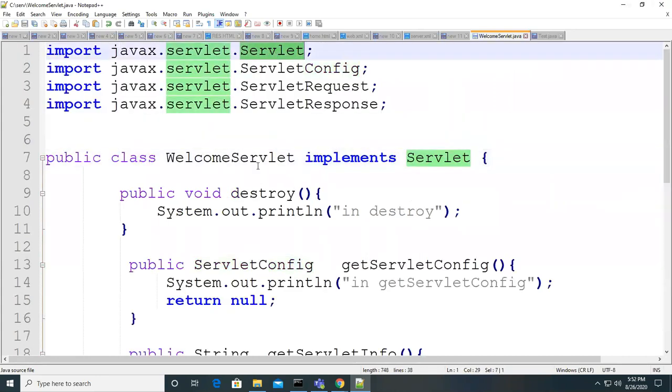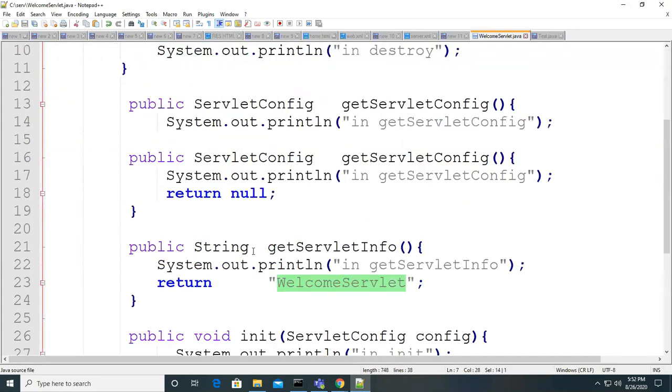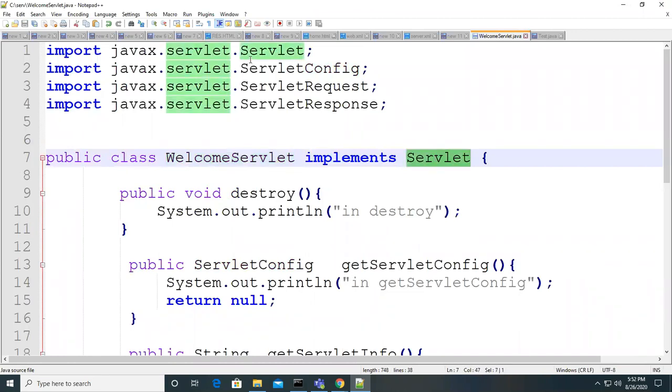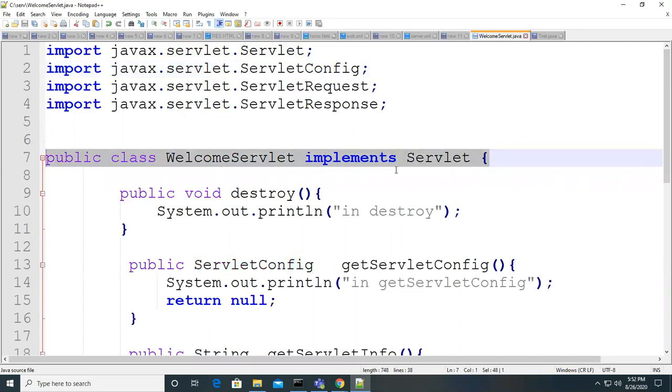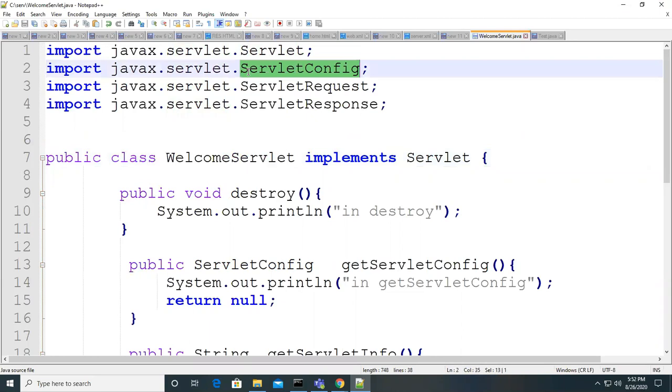So you know only the class which is implementing the Servlet interface. We don't know a class which implements ServletConfig, because this one you implemented. Who implemented the Servlet interface? We implemented. And these three are also a.